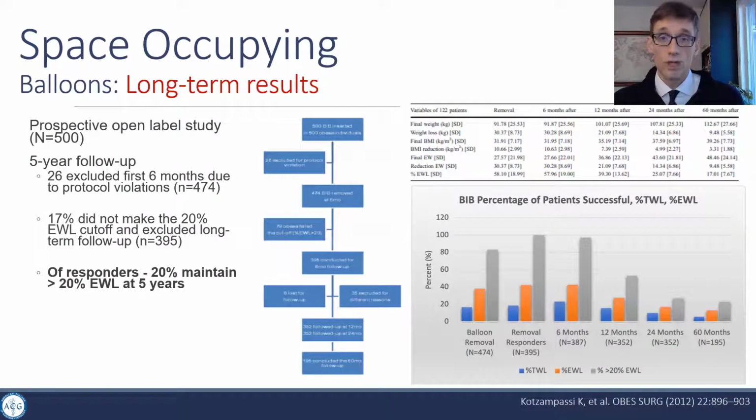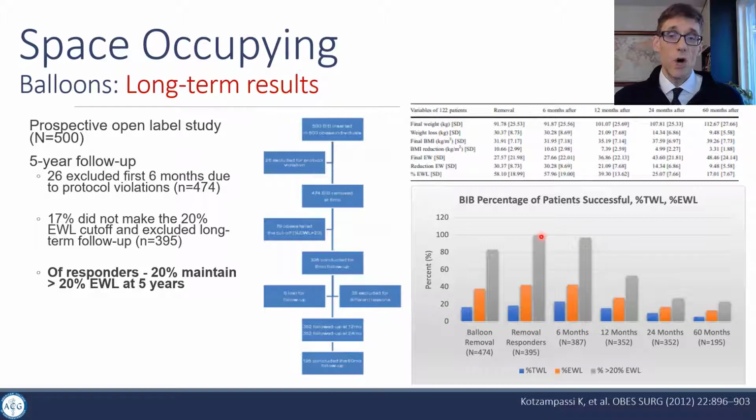What about long-term results following balloon removal? So again, most of these balloons have to be removed at 6 months. So this is a prospective open-label study looking at 500 patients, and they had 5-year follow-up. 26 were excluded due to protocol violations, and then 17% did not make inclusion criteria of 20% excess weight loss at balloon removal. So we're really starting here with 395 patients, and 100% of them had at least 20% excess